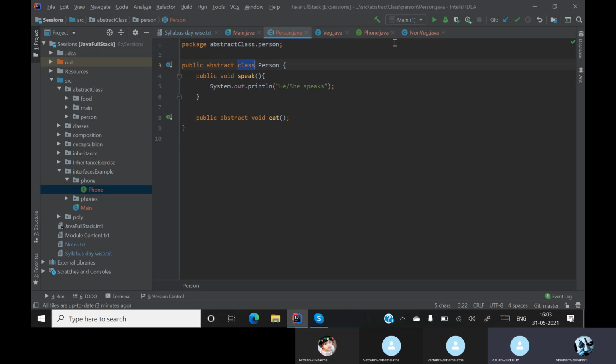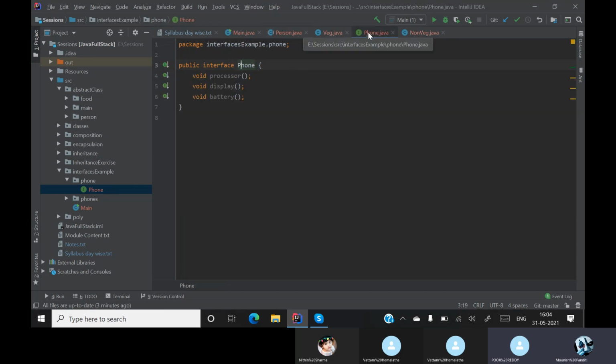When you find the keyword class and you use one class's properties inside another without creating an object, you use the keyword extends. But in place of an interface there is no keyword called class, so you only implement it. Okay, sir, I can understand.